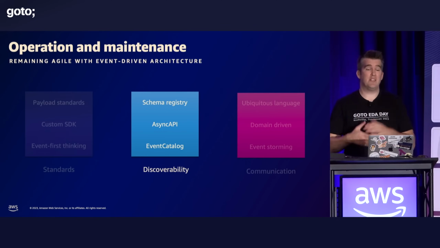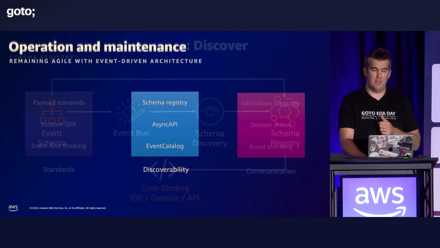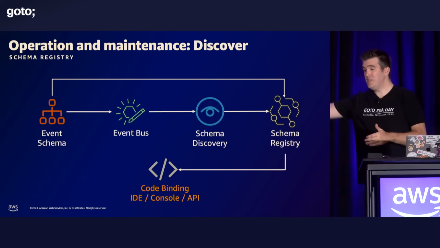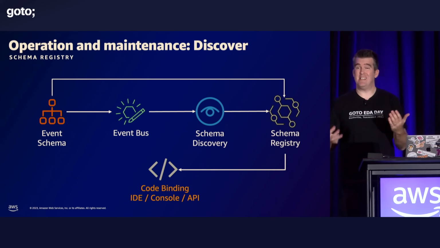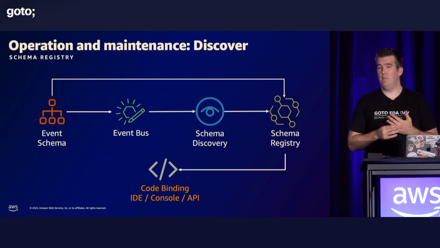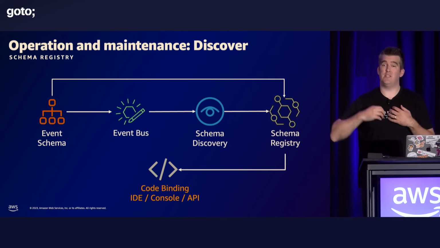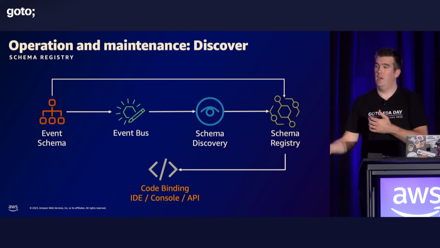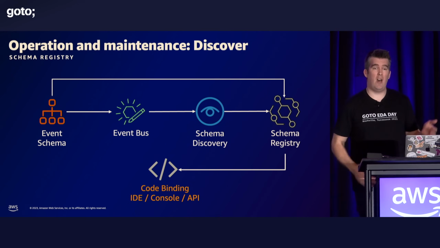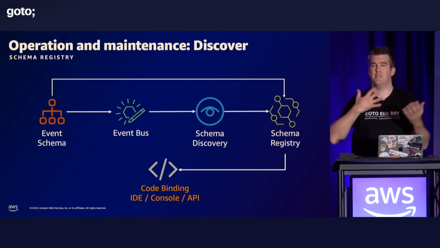The next one here is about discoverability. Who is using my events? How can I find events? You'll see this with schemas as an example. EventBridge has a fantastic feature I personally love using, discovered schemas. You can turn this on, and as events fly through the registry, through the bus, it'll actually document the schemas for you. With the schemas, you can also download code bindings in TypeScript, Java, .NET, as an example, and have the models accessible to you as you're using the service.